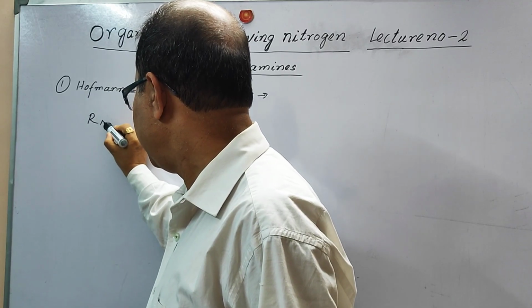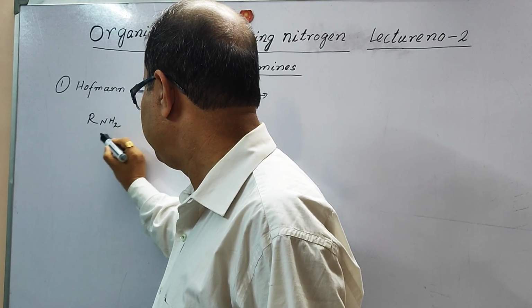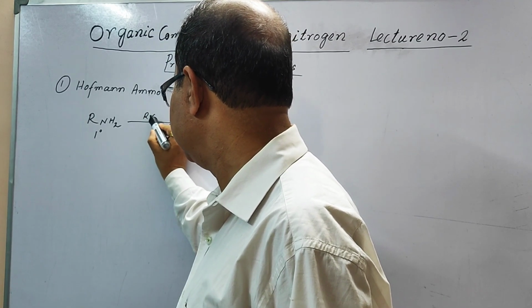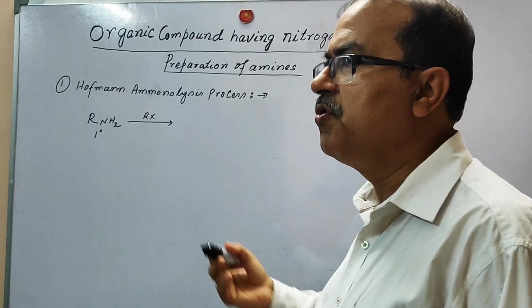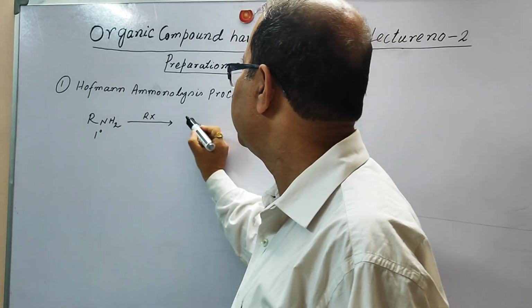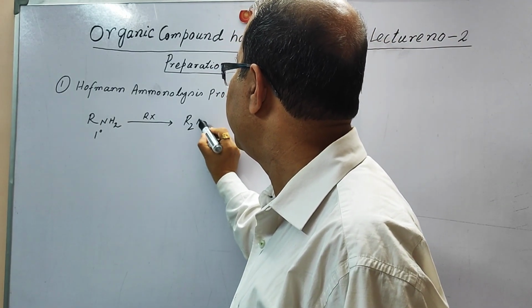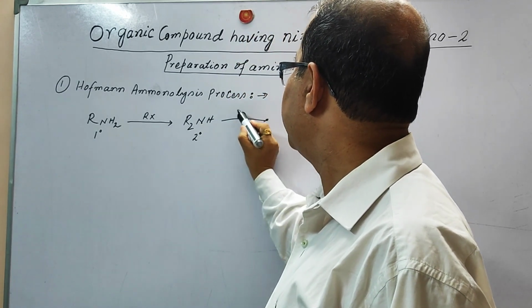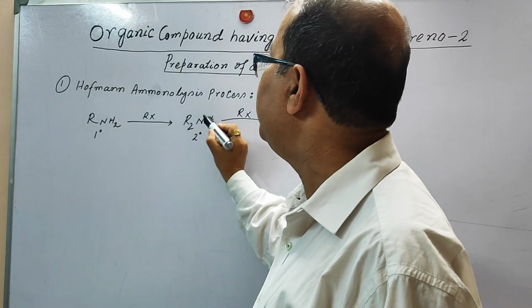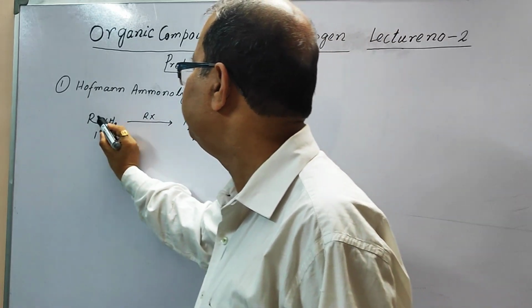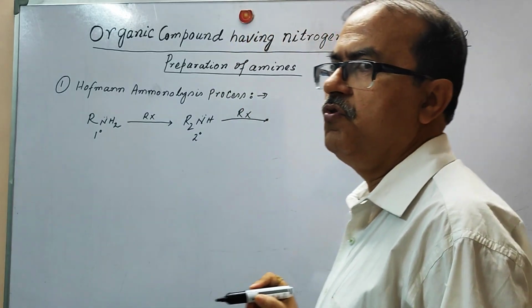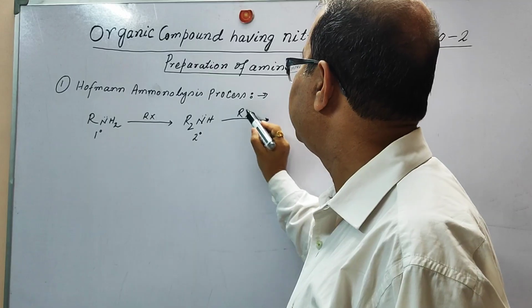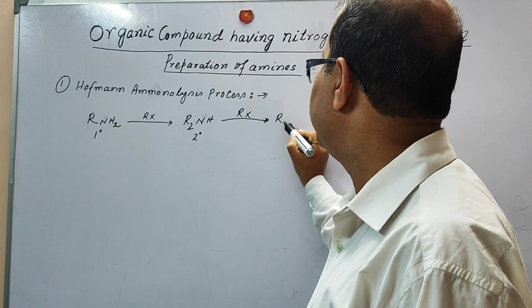First, the primary amine is produced. Then with the alkyl halides, this is RX with chlorine, bromine, iodine, it is going to produce the secondary amine. And then with another alkyl halide, it is now a nucleophile, because there is a lone pair of electrons on the nitrogen. It will again attack this alkyl halide and it is going to produce the